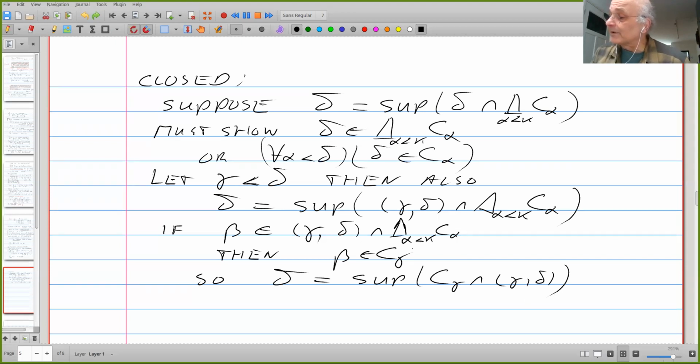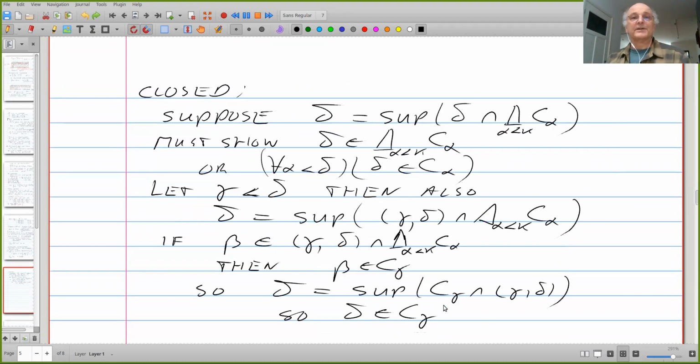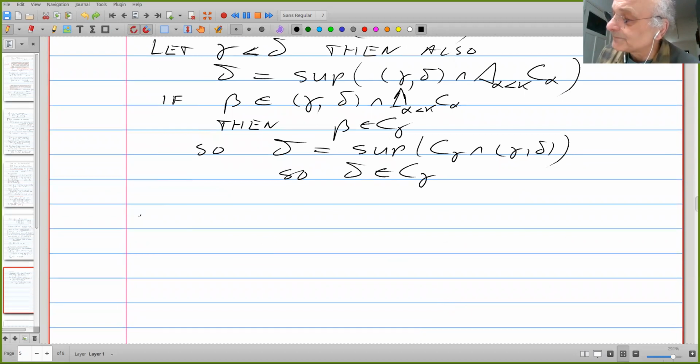Every member of this thing sits in C gamma, so delta is the supremum of that stuff, so delta belongs to C gamma. Gamma was arbitrary, so there. Delta belongs to that diagonal intersection. Unbounded, okay,